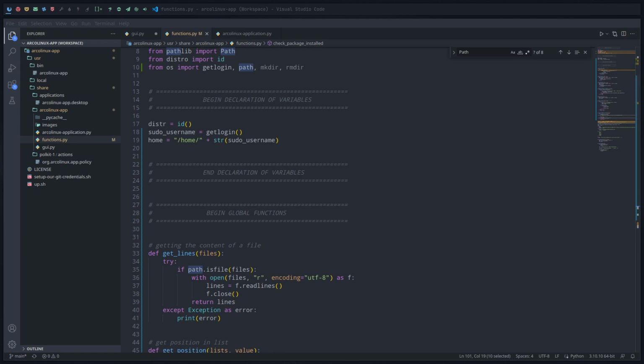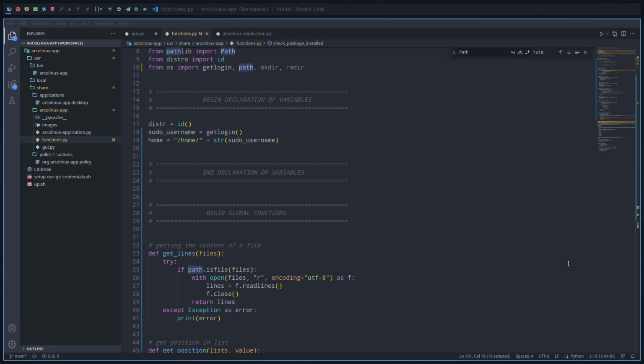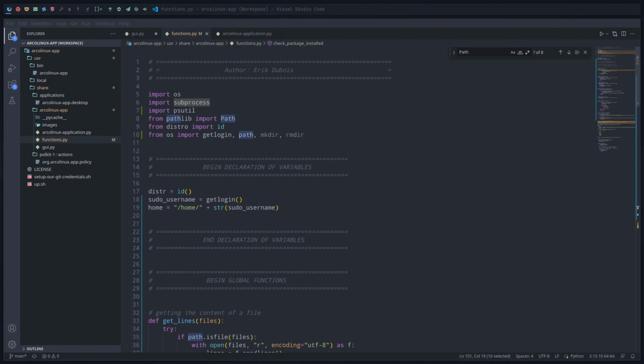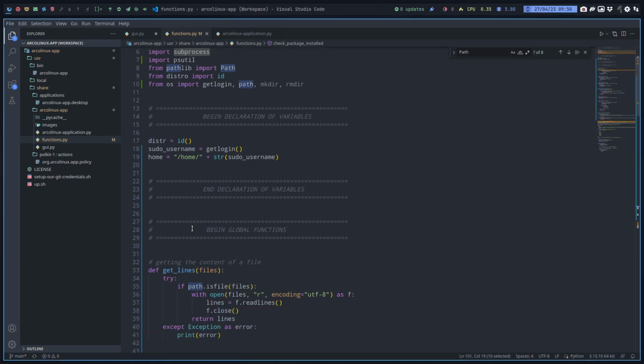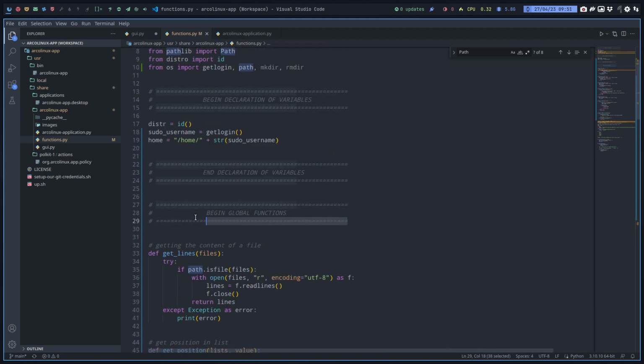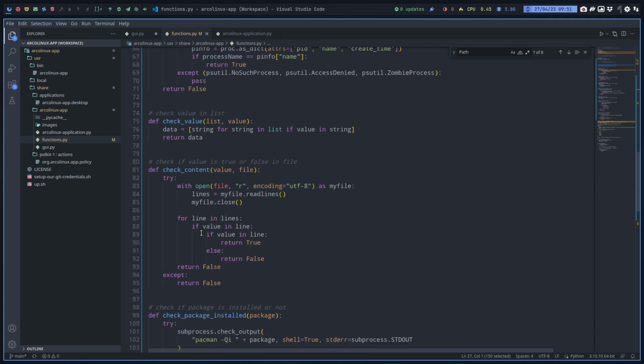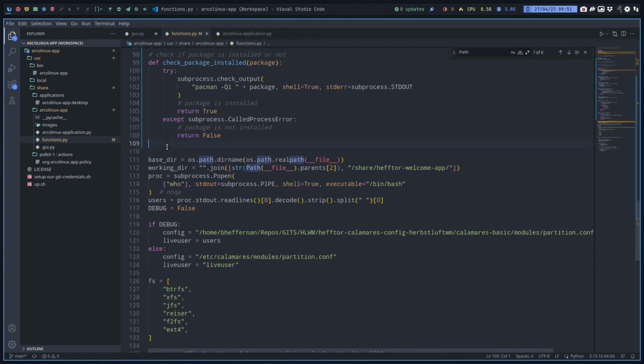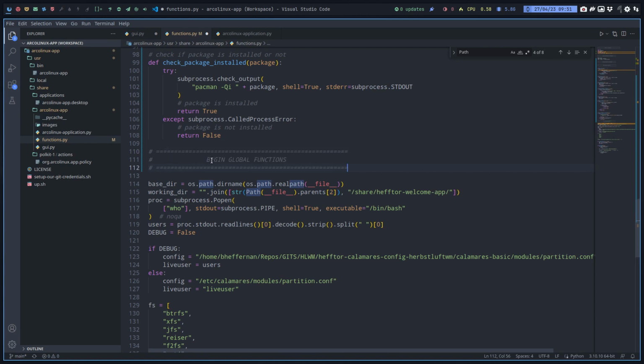So at the top in the ArcoLinux tweak tool, we have something. Nope. Here we have something that we use. This one. That's a nice line. Oops. Time to round off. So a bit of code that we can use. And the more things I find, the more I'll add to it. And at the end,